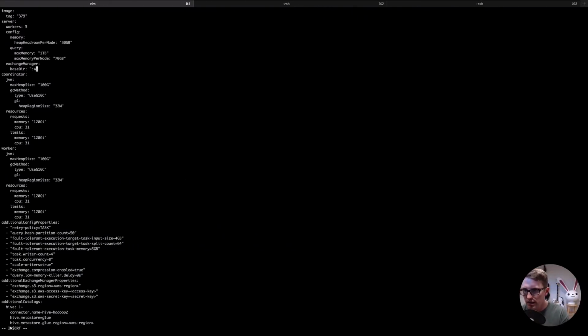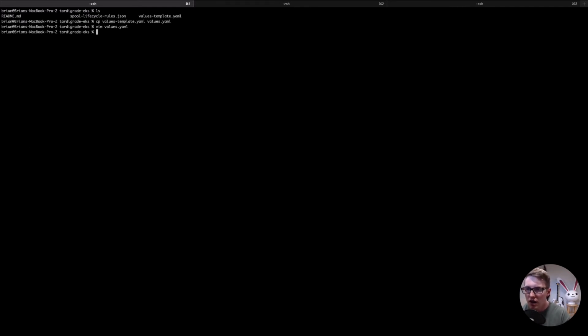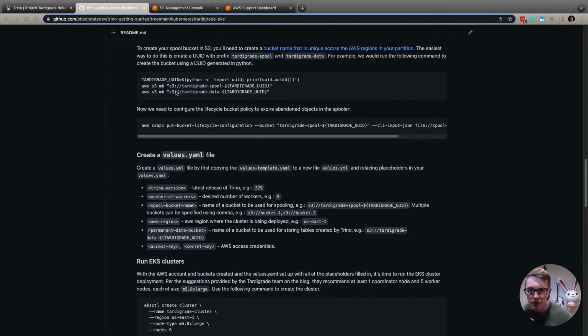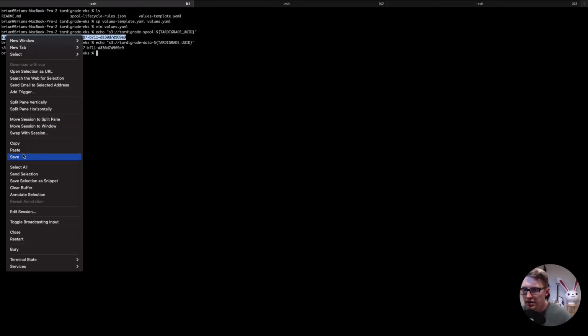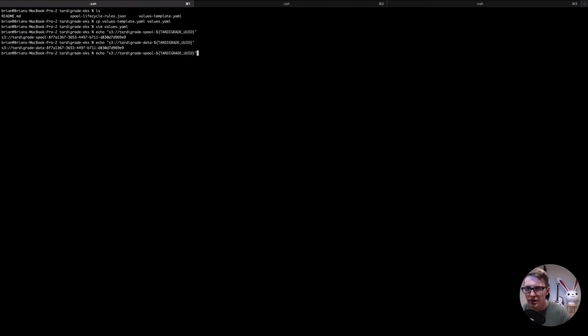here, and actually let me get out of Vim here for a second. We'll want to do an echo, and actually I'll add these commands to the GitHub repo. We want to do echo, and then we'll add this. Echo, and then we'll do the same for data. And so now we have our spool, and actually I'll just copy this and I'll change data when we are updating the values